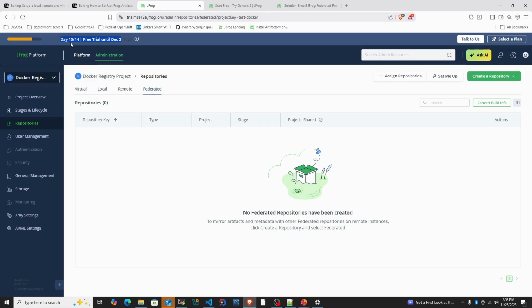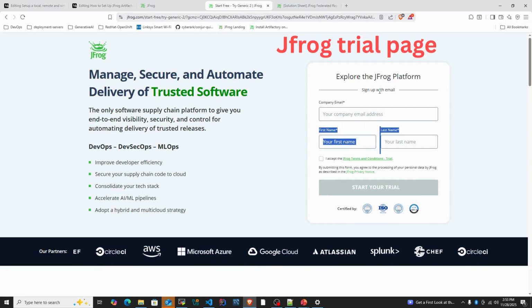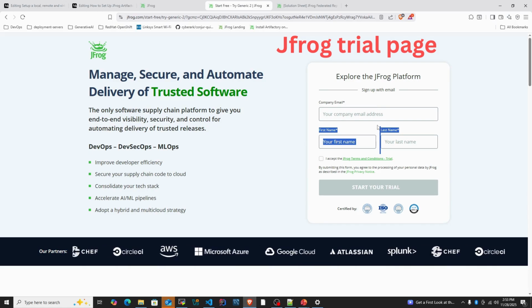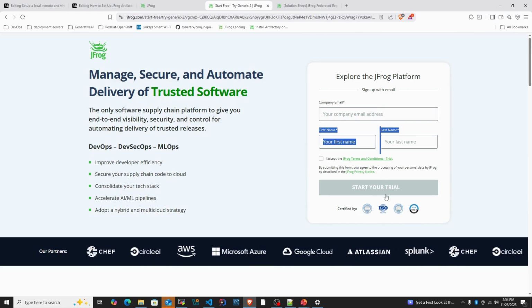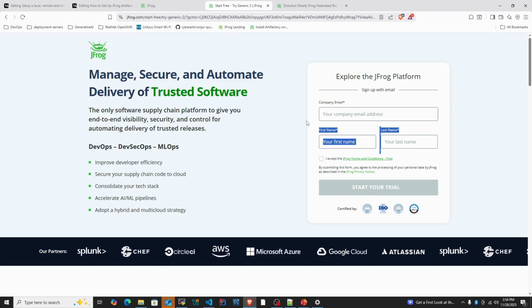Here I am using JFrog trial version and you can also sign up and follow along. Just visit this JFrog trial version. Here you need to enter company email, first name and last name and start your trial. Once your instance is ready, log in with your credentials. After logging in,